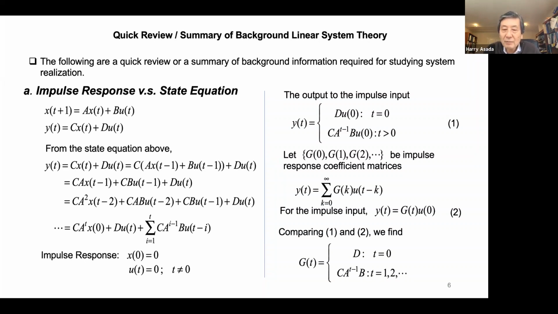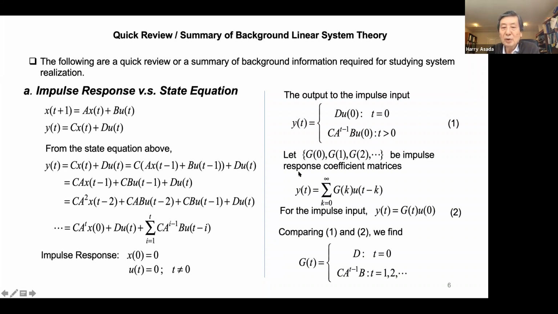For t equals 0, y_t picks only the first term, that is D u_t, and now t equals 0, so D u_0, right? D u_0 in the first equation. One. How about t other than 0,